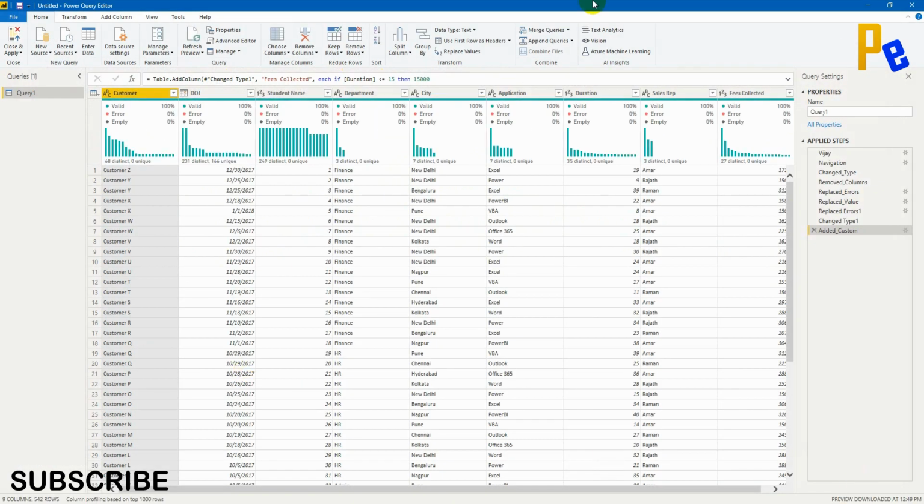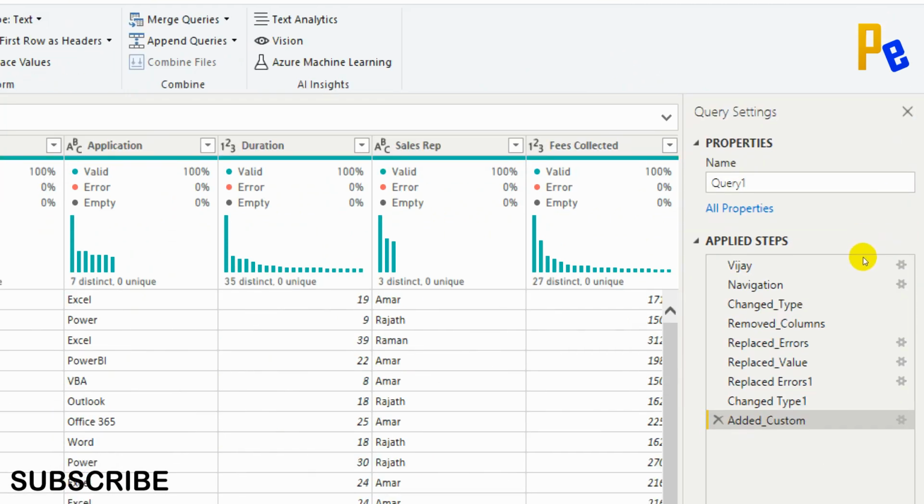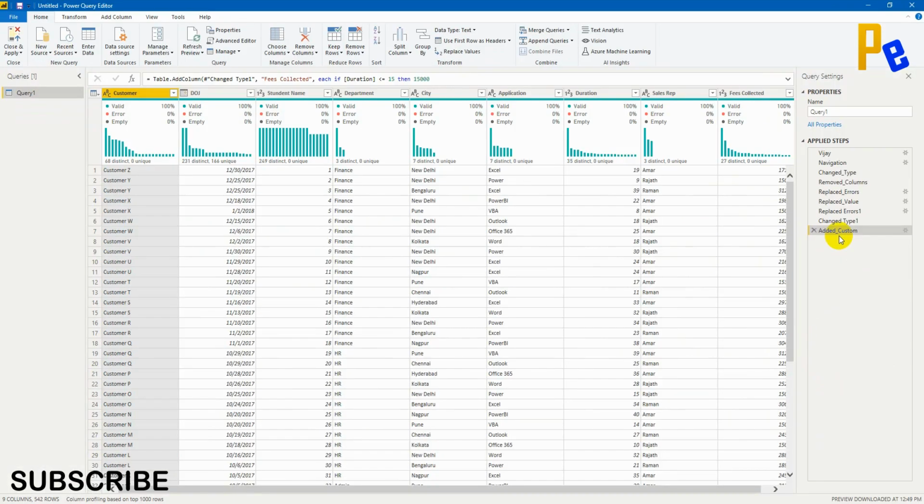The only thing is, if you look at the names, those names are now changed. It is not Source anymore, it is Vijay. And if you see the underscores I have added, those are also added here. So that way you can very easily understand M query. It's not a very tough thing. The only thing is you need to focus on the steps you are creating and why they are being created.